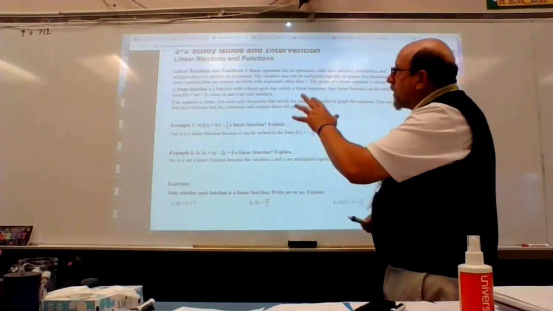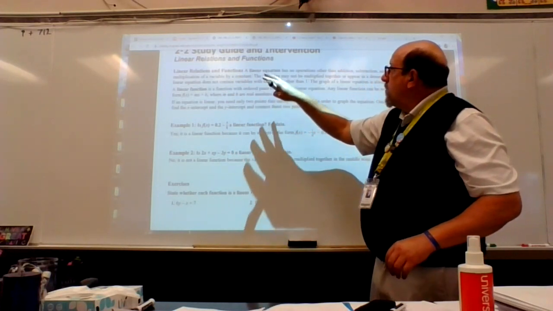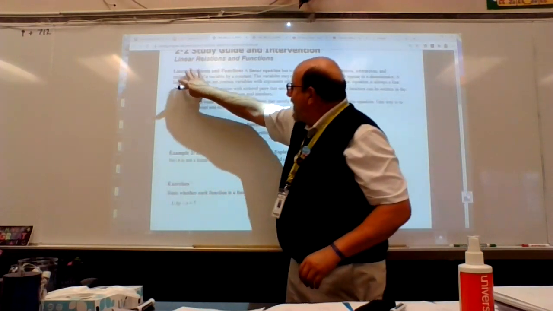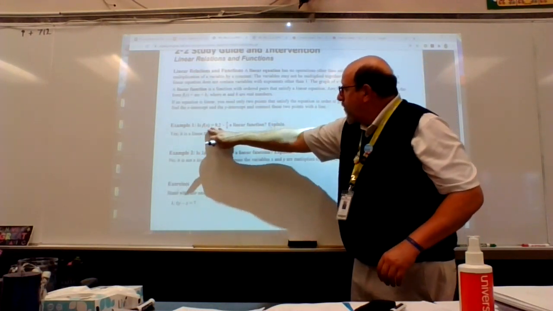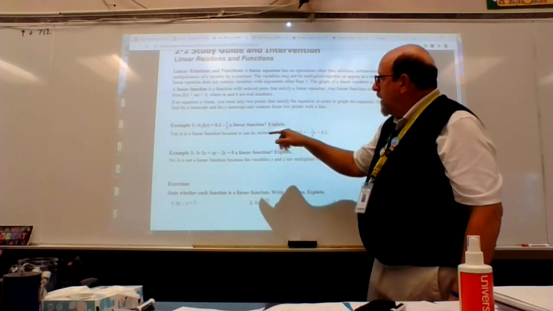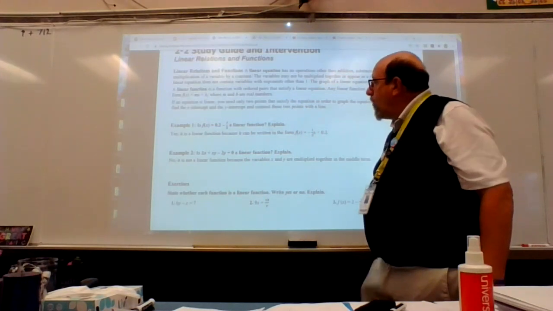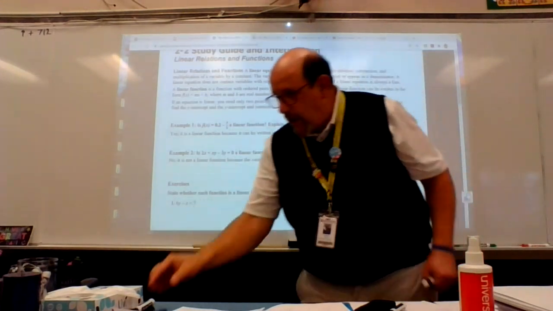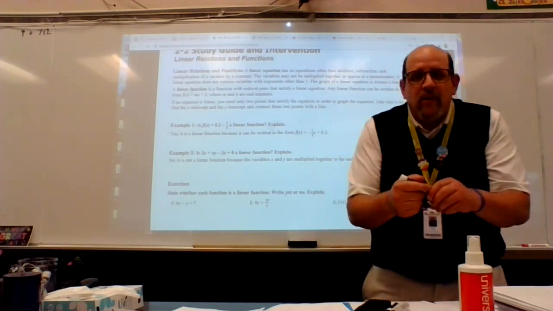Hi, let's work on section 2, linear relations and functions still, but we're going to talk about linear relations. That's the most important thing. And functions. This is a function form. This is a linear function. Here's why. It has a simple form, and that form is just like slope-intercept form, only it's written in function